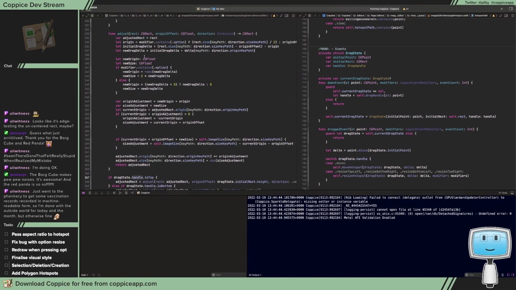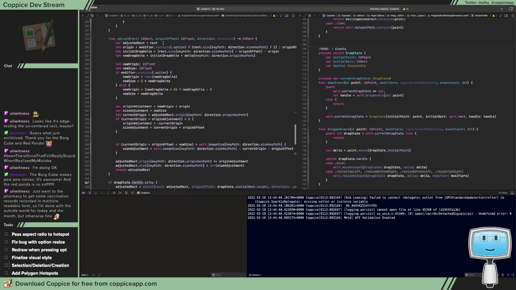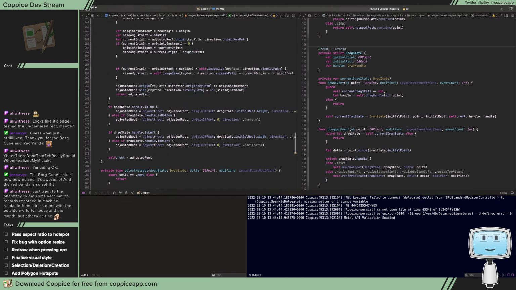I got this set up in a way where it's completely abstracted, so when you are resizing the top, we just adjust the rect with the origin offset in a direction. So the origin offset is basically just how far off